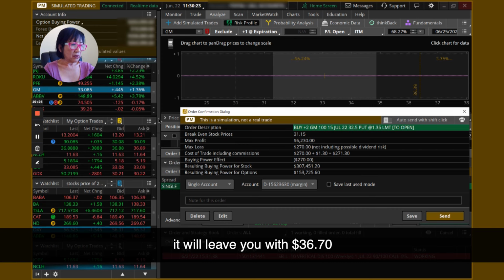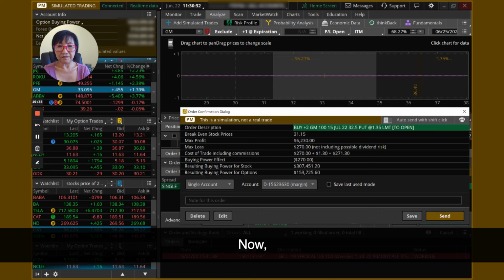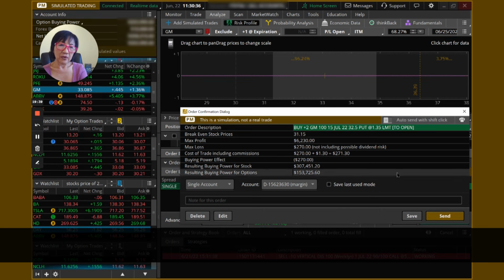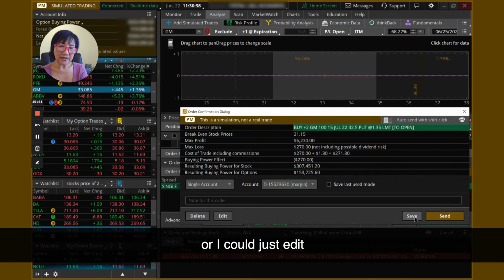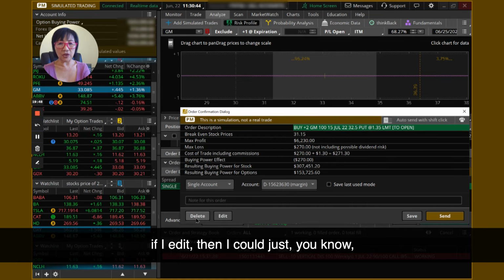So it'll leave you with $36.70. So you could only do 2 contracts. And that's pretty good. Now, you could say, I could send it, or I could save it, or I could just edit, or I could delete. So when I delete, this trade's going to go away. If I edit, then I could just,